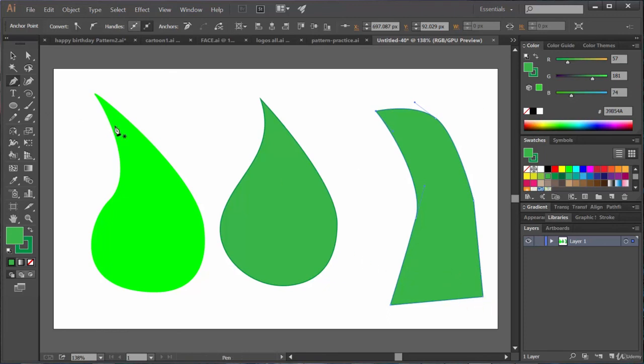Now, working with the pen tool is really very interesting. You know why? Because while drawing only, we can control our control handles using the direct selection tool, and also we can control the anchor points, where to place that anchor point. Yes friends, and there are many secrets that I will reveal in our next lecture, where we will see some important tips and tricks regarding the pen tool, which will help you in your projects in the near future.